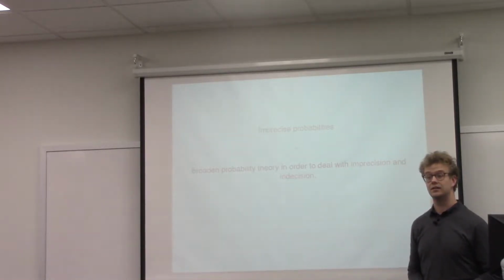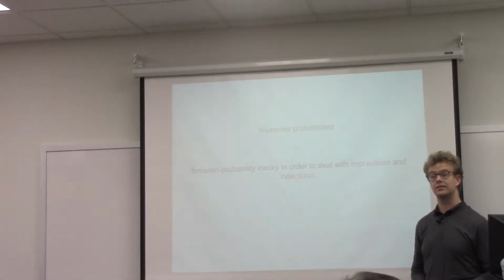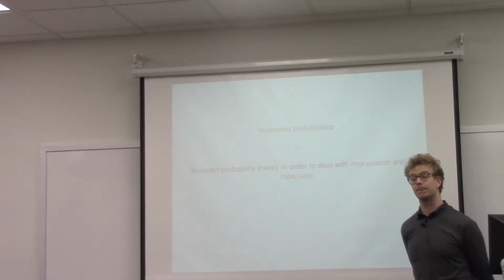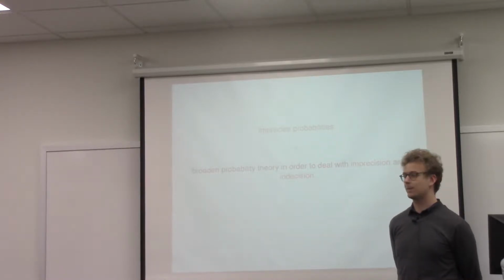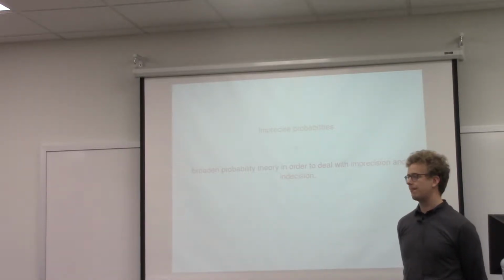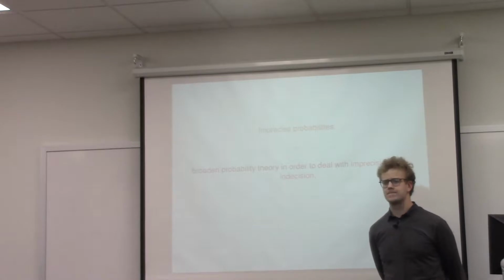Yes? So I've been wondering about exactly this statement. I've been thinking that the imprecision we sometimes have in mind is more fuzzy than imprecise probabilities, where you have, say, a set of probability functions, but they still have sharp boundaries: what is included and what is not included. So you can assign interval-valued probabilities, but it's still sharp boundaries. So it's not quite imprecise in the sense that we mean when we say fuzzy or vague.